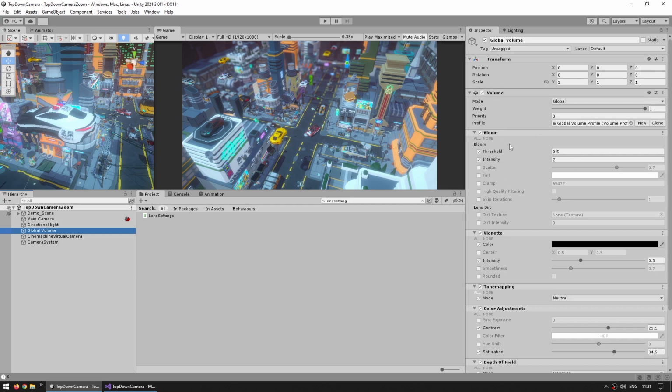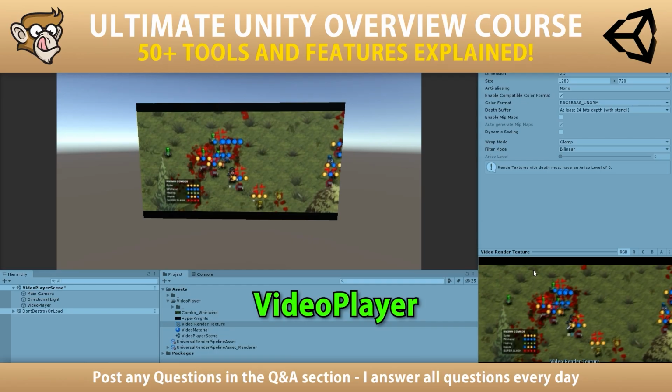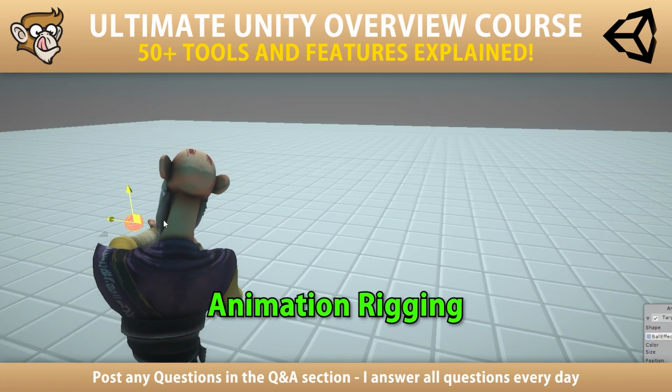Post-processing uses this volume component system, and if you just go inside the volume and try to modify, for example, the bloom intensity, you won't be able to do that directly. So that's one of the things that you can learn how to do with that method, which I cover in